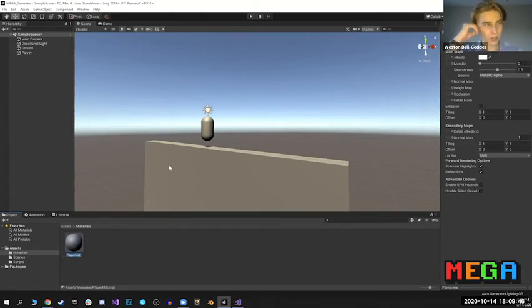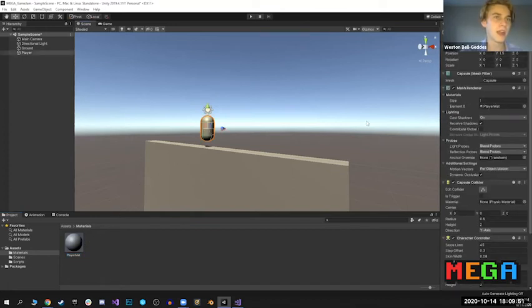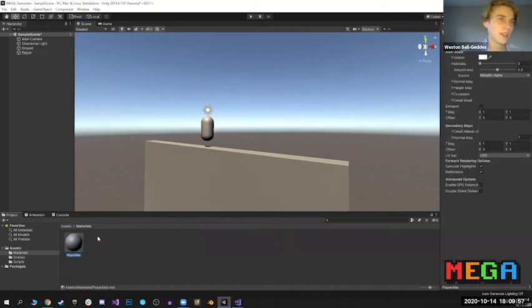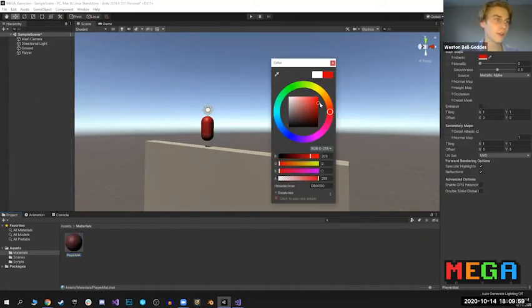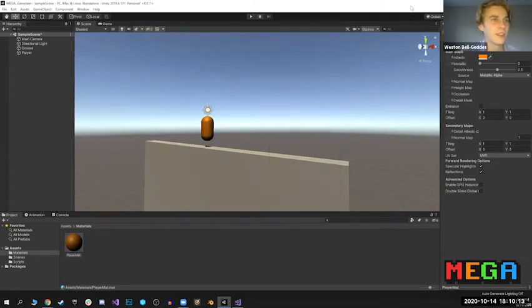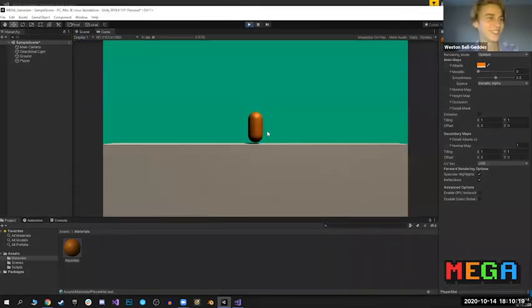So now we're going to click the player mat, and we're going to drag it onto our player. And now if you click the player's mesh renderer, we see that in element 0, we have player mat. So we go to player mat, and now what do we want it to be? I don't know. I'm thinking maybe it was a little fish, you know, like in a Finding Nemo game, right? That'd be kind of quirky. There it is. Great. So now let's go ahead and play and see what it looks like. So now we have a little cube with a seafoam green background with a nice orange tone going on. I like that